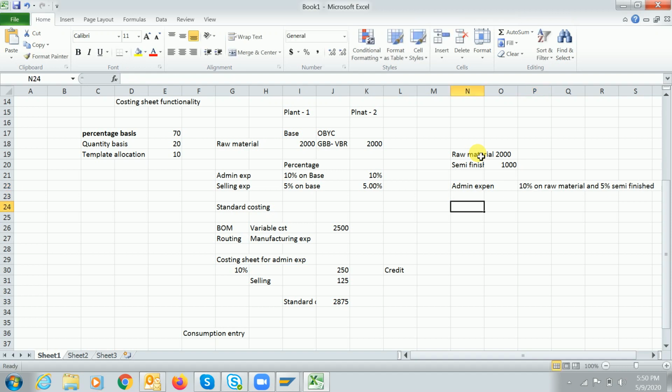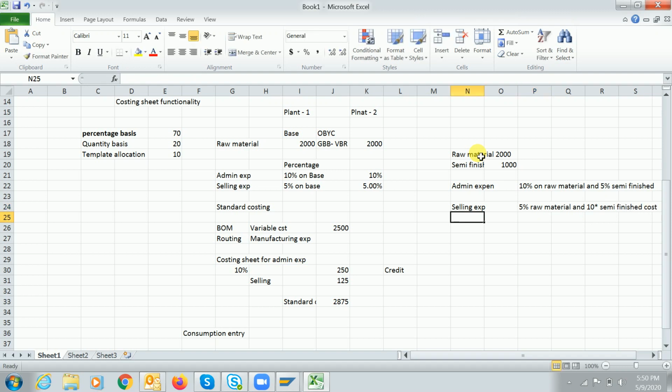And for selling expenditure, 5% on the raw material and, let's take, 10% on the semi-finished cost.